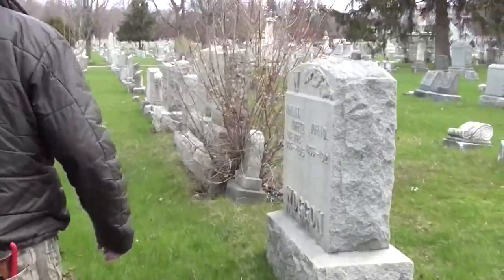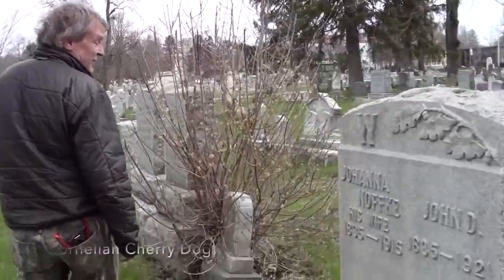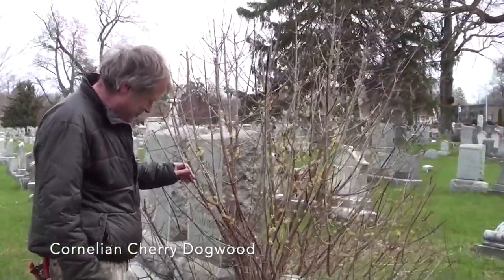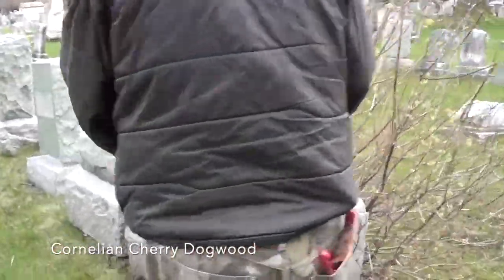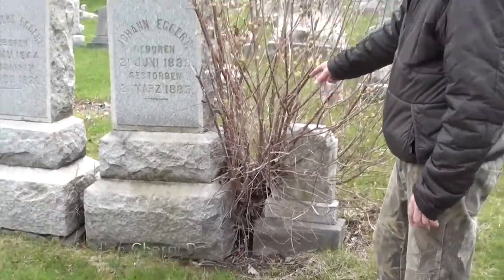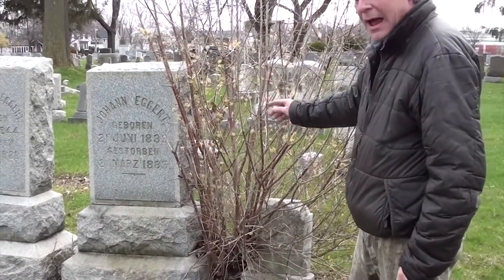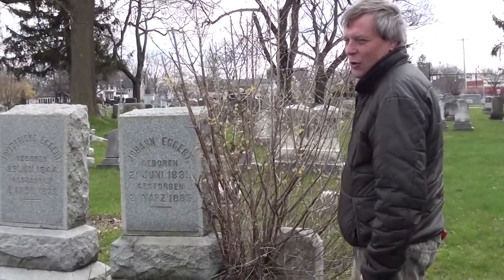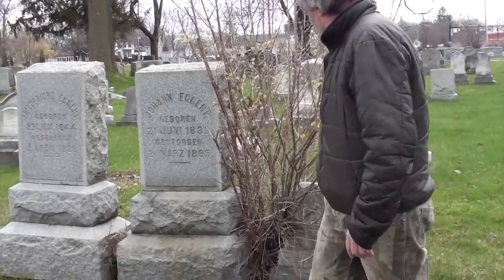Oh man, there's another bad spot. Look at this. This is one of my favorite trees. This is a Cornus mas. But look at it. You saw the size of that other one, that gigantic thing. Look at that. It's a beautiful tree, but it's in the wrong spot. We're gonna have to come back when there's no camera on. Get rid of that thing. Yeah, so this is,